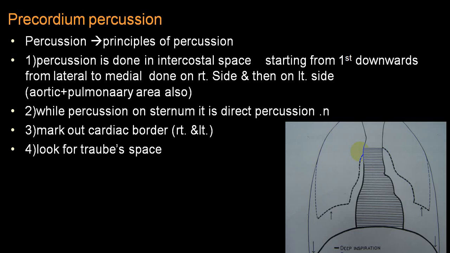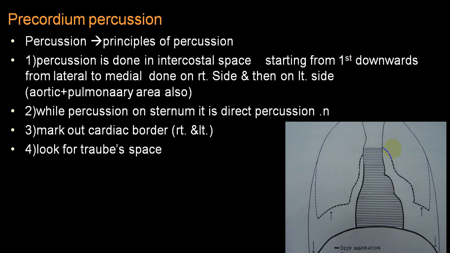So that will be regarding the right border of the heart. Regarding the left border of the heart, in the second intercostal space it is the pulmonary area. If you get an increased area of dullness in the pulmonary area, it is abnormal. In a normal person, usually we don't demonstrate any dullness in that area. So if you demonstrate an area of dullness, and if there is an increased area of dullness in the left